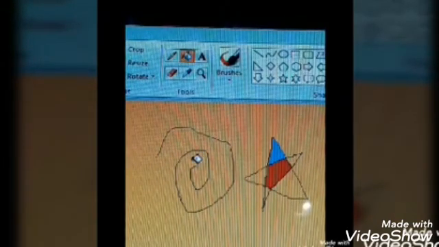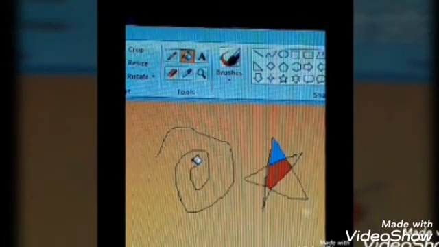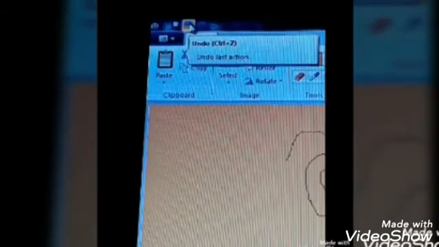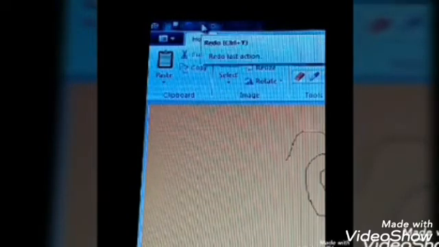Understood, children? Now how to remove this color which has spread to the whole screen? Here you have seen in the title bar, but you will not know how to use it. So here, see, there are 2 arrows. The back arrow is known as the undo button. This is used to remove the last action. The next one here is the redo button, which means to bring back that same action.